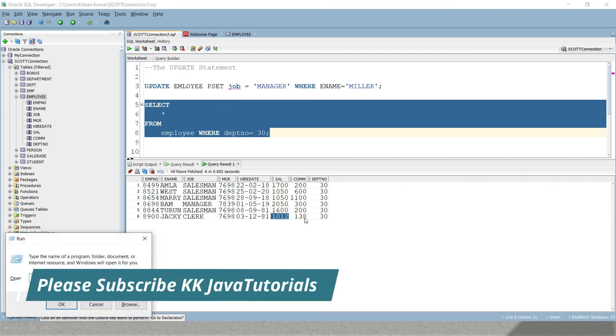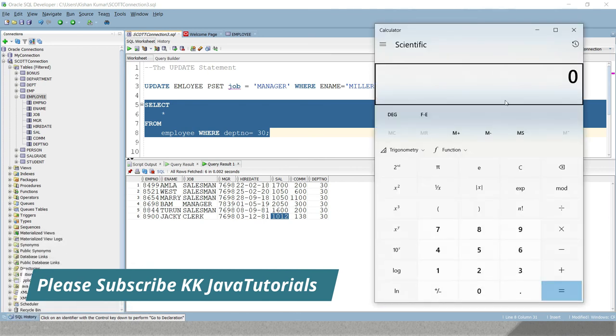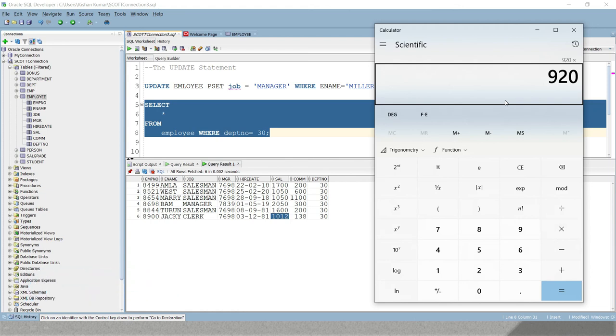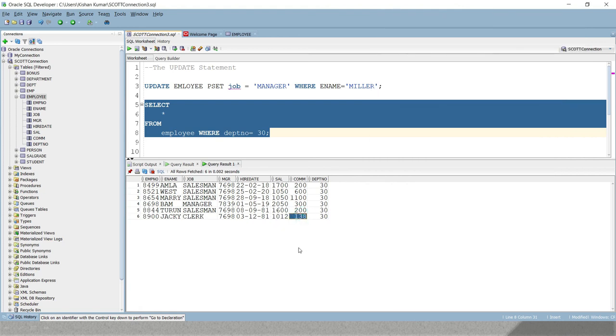So if I get the calculator, if you calculate 920 into 1.1, that comes to 1012, right? So $1012. And if you calculate the commission, 920 into 0.15, that comes to 138, and that got updated in the database.